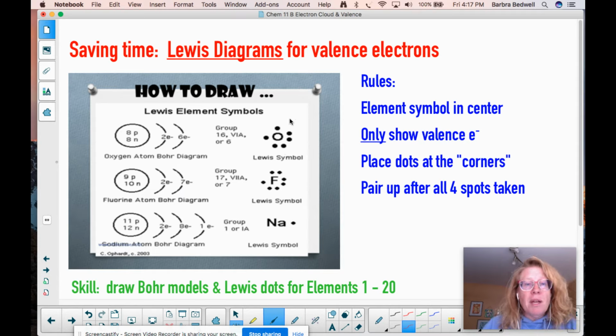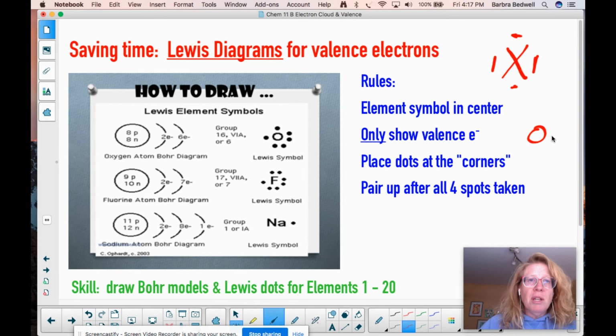Now I'm going to have you be maybe a little more sophisticated than middle school. So what I want you to do is draw your dots at the corners. Here's what I mean by corners. If we have an element X, the corners are the top, bottom, left, and right. These are the corners that I'm referring to. So here, here, here, and here. So if I'm going to draw oxygen with 6 dots, I would draw my symbol O, and I want to draw my 6 dots. So I go 1, 2, 3, 4.